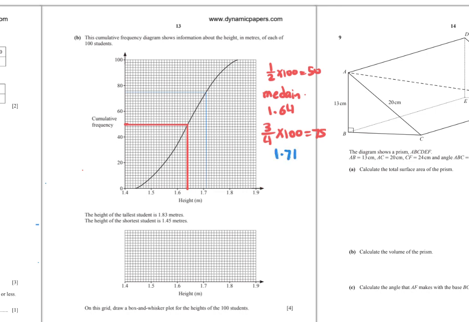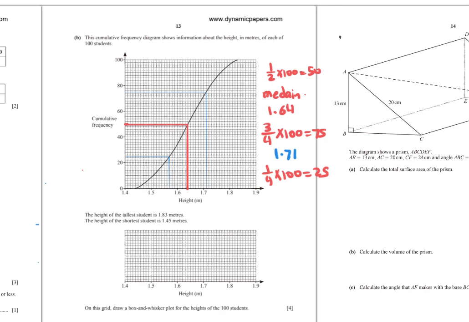1.71. To find the lower quartile, 1/4 multiply 100 equals 25. Now from 25 is 30. So between 20 and 30 this is 25. Draw horizontal line till you reach the curve, then go down. Lower quartile